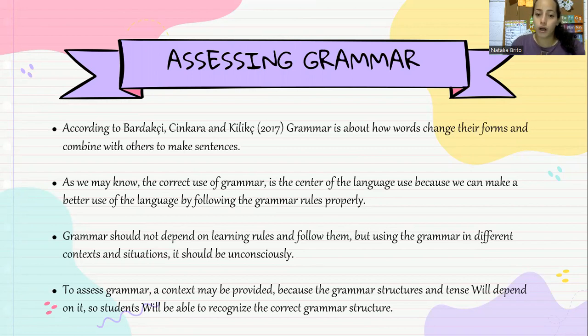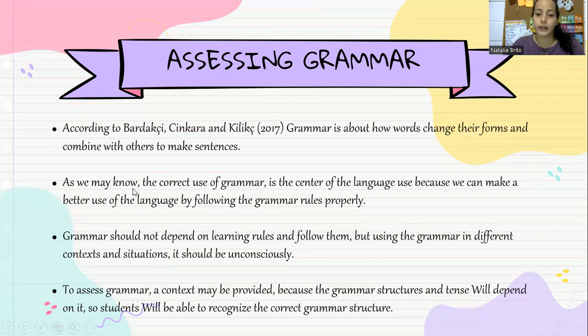According to the authors of the book, grammar is about how words change their forms and combine with others to make sentences. If grammar didn't exist, the sentences wouldn't be possible, because grammar lets us form the sentences, changing the words, and fixing the tenses according to what we want to say. Okay. In the second point,